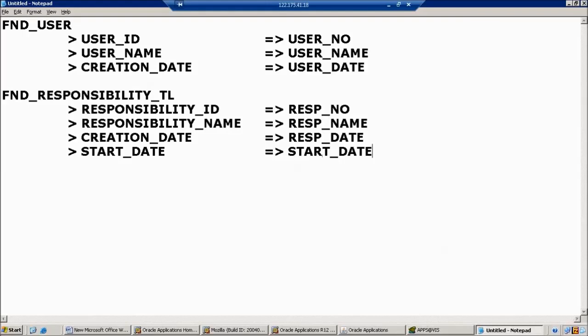So this is the way we categorize our columns and tables.